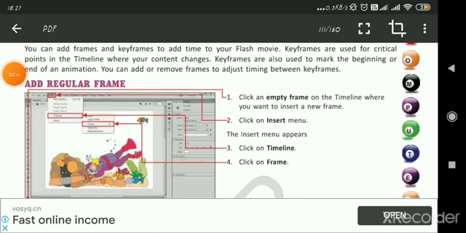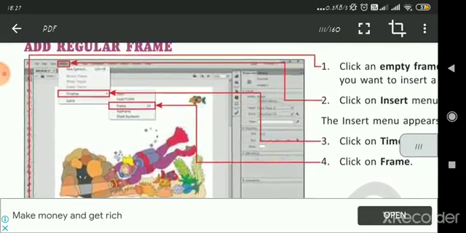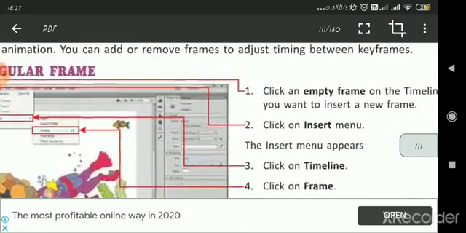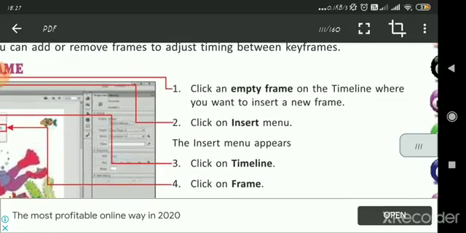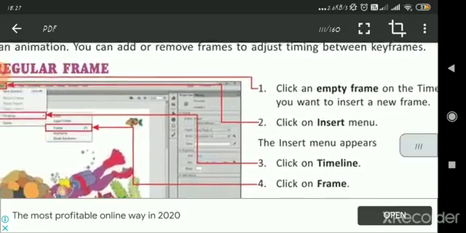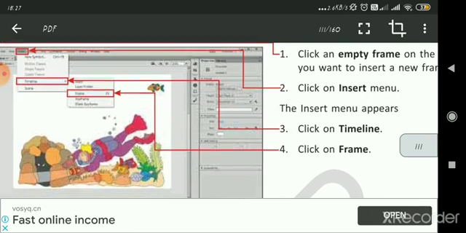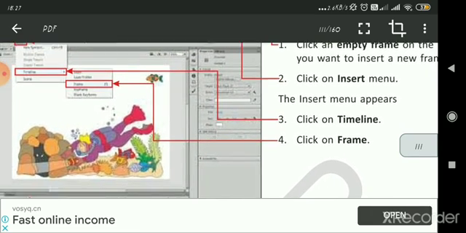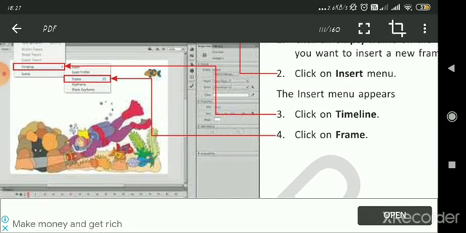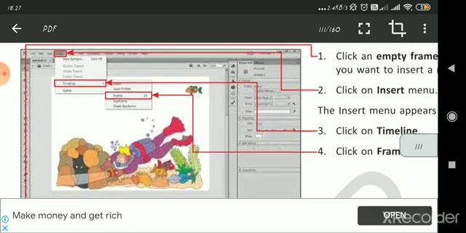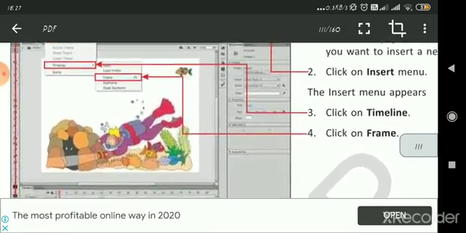Okay. Add regular frame. For adding a regular frame, you can see the picture given over here. Click an empty frame on the timeline where you want to insert a new frame. Click on the insert menu, then the insert menu will appear, and click on timeline and click on frame as shown in the picture of your book.